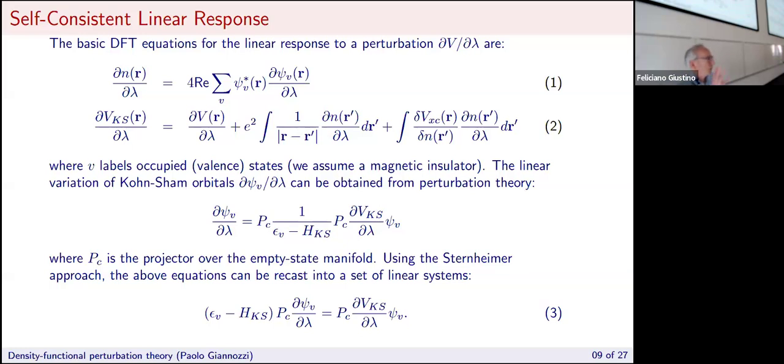Something that should be clear at this stage is that we are dealing with properties that are ground state properties, so well within the reach of density functional theory, which is in principle a ground state theory. Even if there is this sum over unoccupied states, over virtual states, it's a mathematical trick, but the quantities we are computing here are ground state properties.